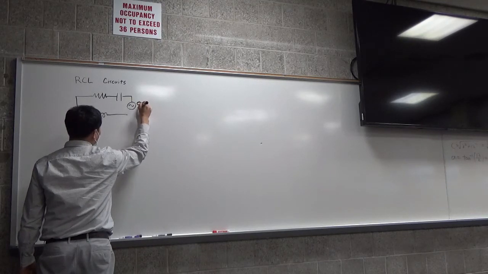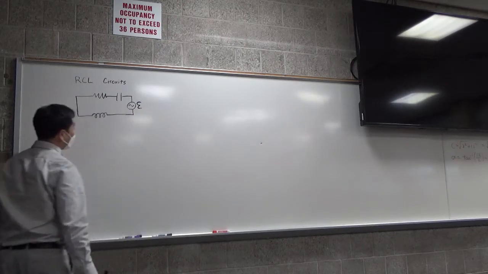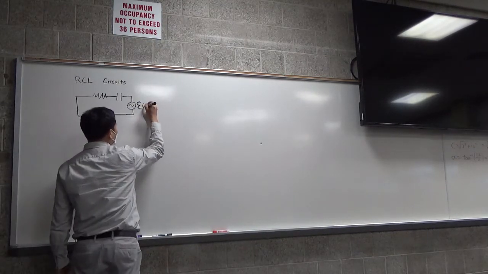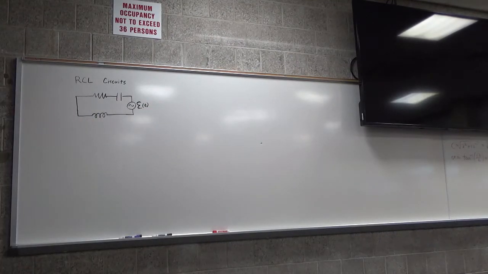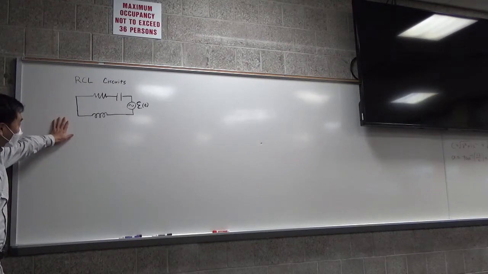Usually you put curly E, script E. And it's a function of time, so we'll just say script E. That's called the RCL circuit. All right, when you